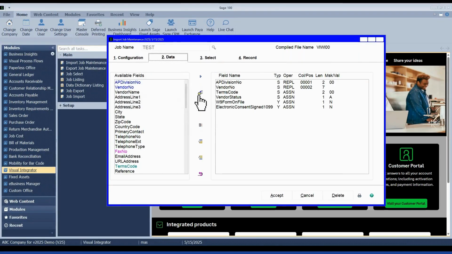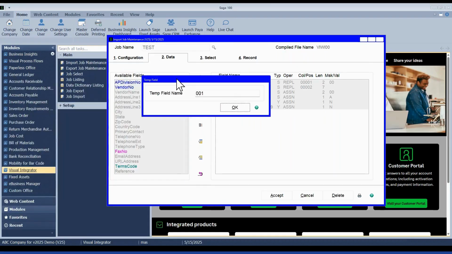If you are ever adding a temp field, which can be used for a variety of reasons, there is now a new pop-up, where before it always used to just be temp 1, 2, 3. It was just a numeric value. And if you weren't super familiar with the job or couldn't remember, you'd almost have to do some comparison to look at the file you're importing from to find that. So you can now put a name in those to describe whatever data that field is capturing, to make it easier for future review if you needed to.